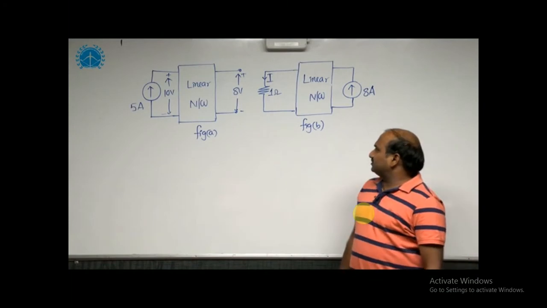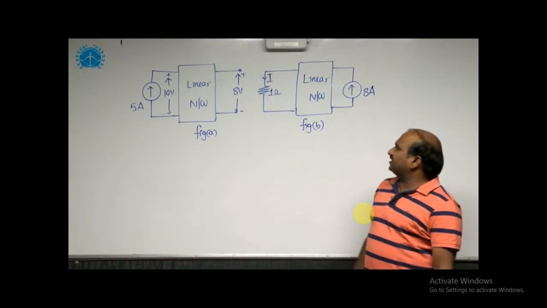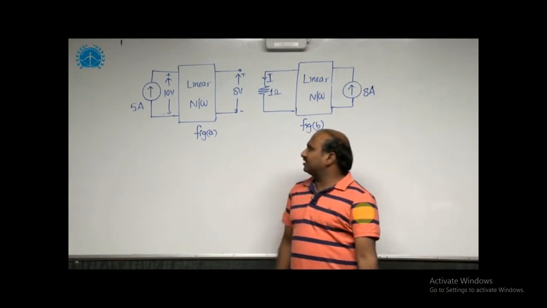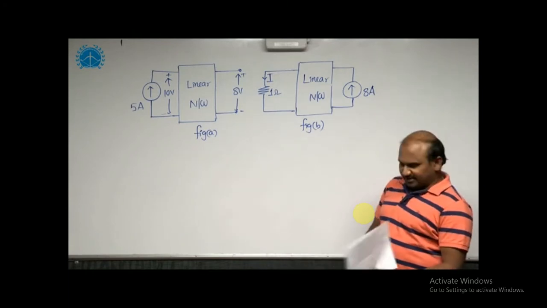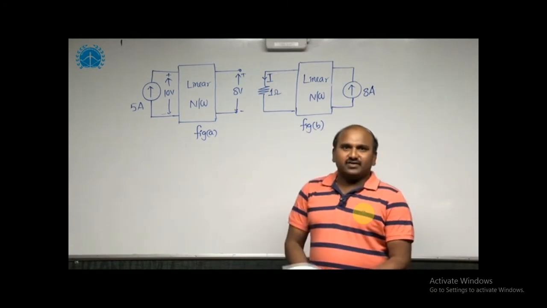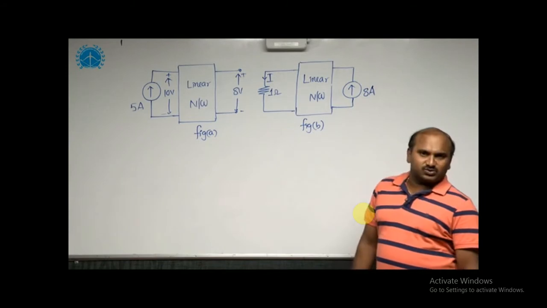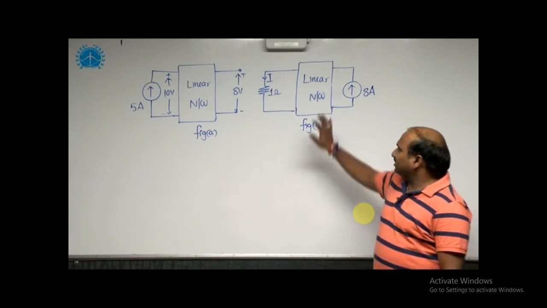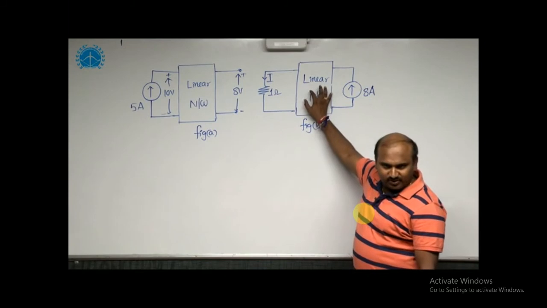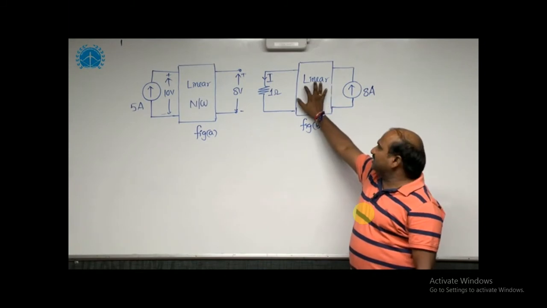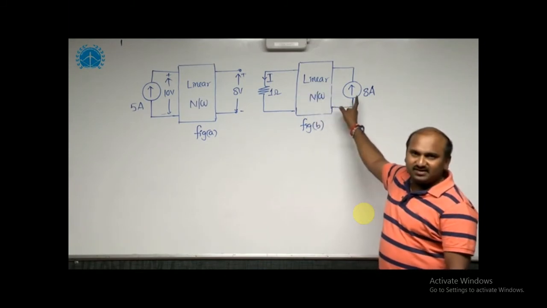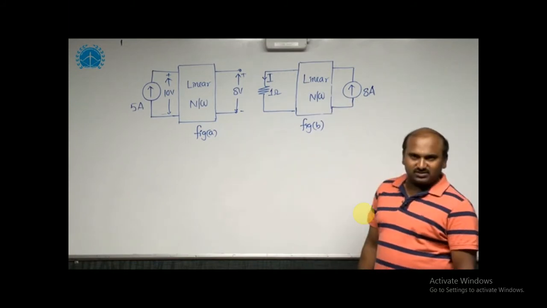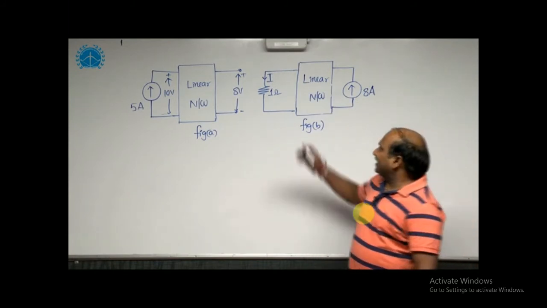For this circuit, we have to estimate the current in figure B by using the data in figure A. Once you identify that figure B is excited with only one source, the network is defined as a linear network, and it is also given that this network should be a resistive network. That is also important. Once you consider this total network is a resistive network, if it is excited with a single voltage source or current source, if you want to get a single branch response, we need to take that across